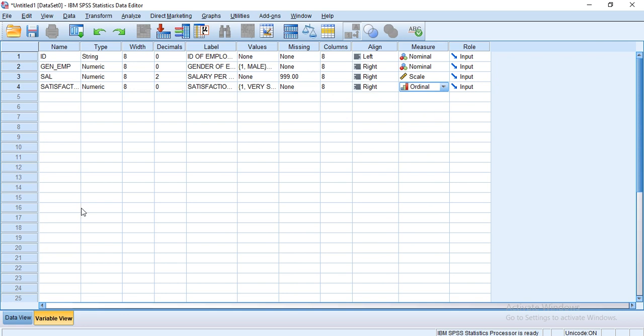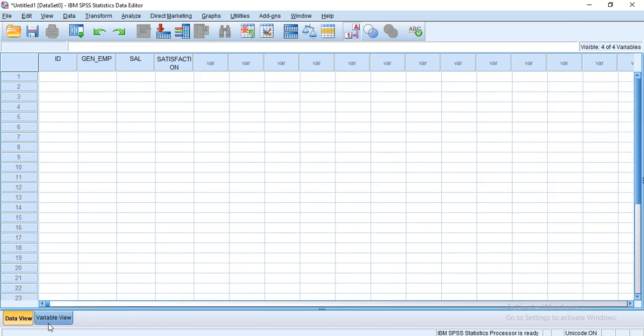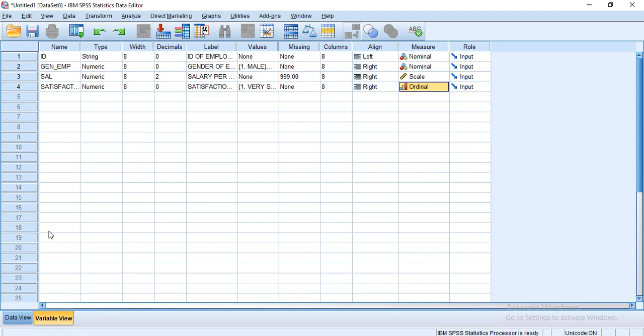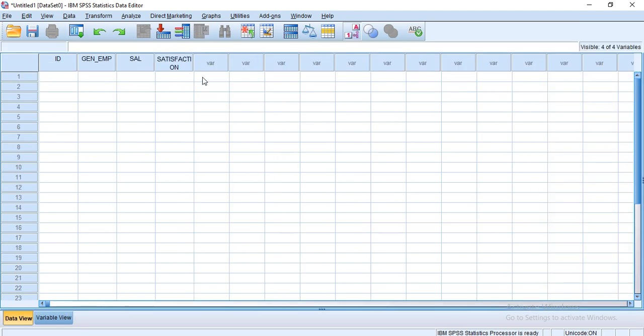Then comes type of measure, it is ordinal. Ordinal is basically used in case of Likert scale or some kind of satisfaction or some kind of liking or agreed, not agreed kind of statement. Now we'll enter the data. You can see whatever variables you have defined, they are appearing as the headings of columns. Your data view window is somewhat like your Excel sheet. It has rows and columns. Whenever you are making an entry in the row, you are adding a participant. But whenever you are making an entry into a particular column, you are adding information about the participant.